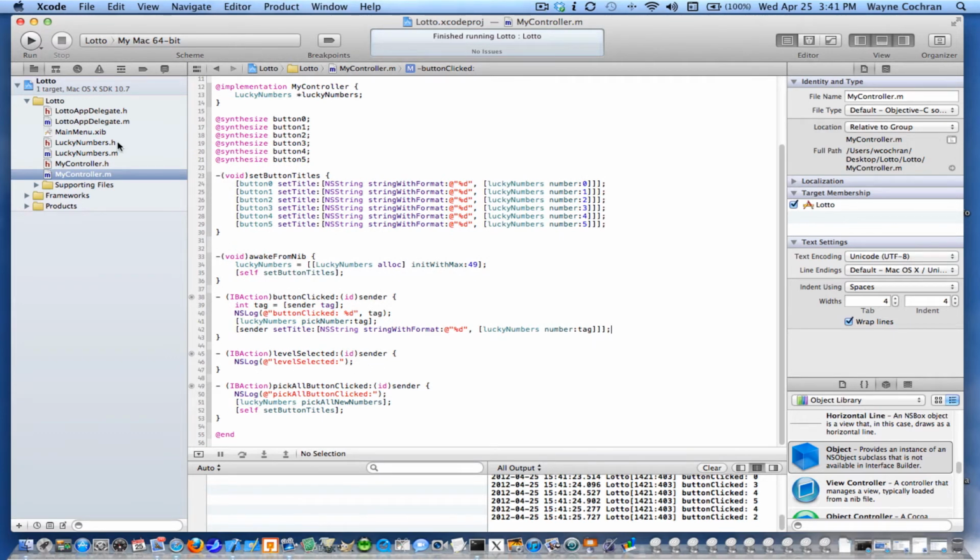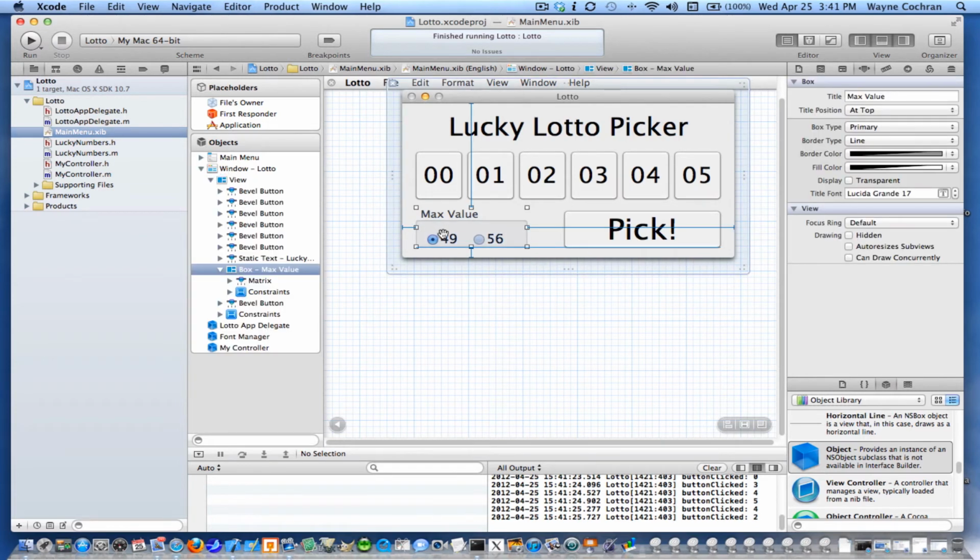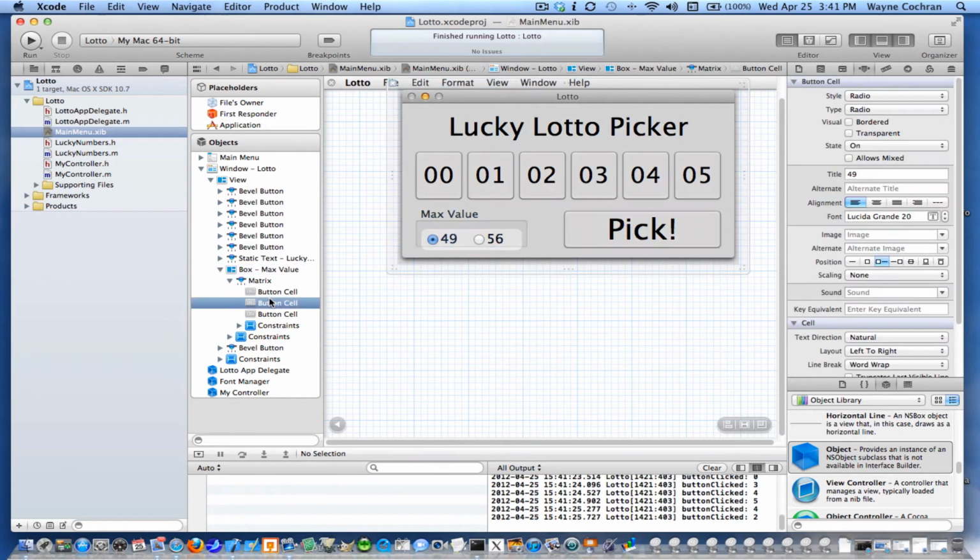So there's actually two levels in our nib file that we need to distinguish between, the 49 and the 56. What I'm going to do is set the tag on those. Actually, it's probably easier to find it over here. These two buttons, these radio buttons, are actually inside a matrix. And so you can see that's the left one, that's the right one. And I don't know what this other button is. That must be the